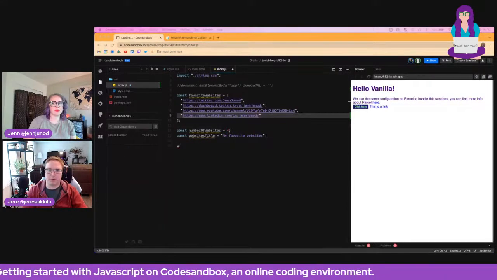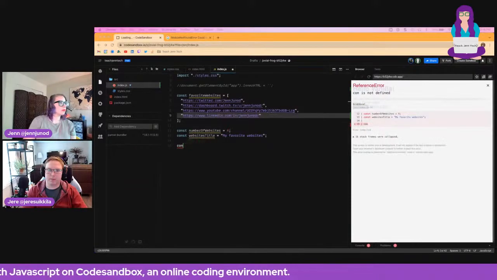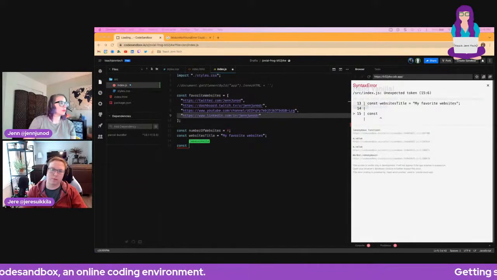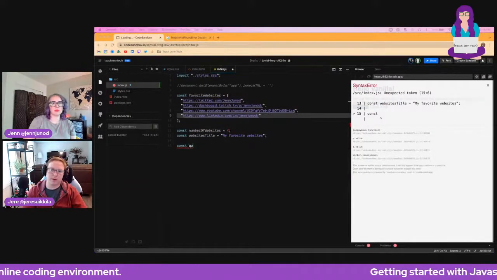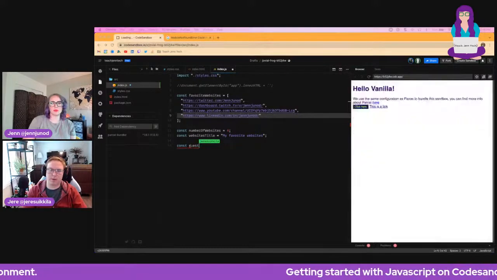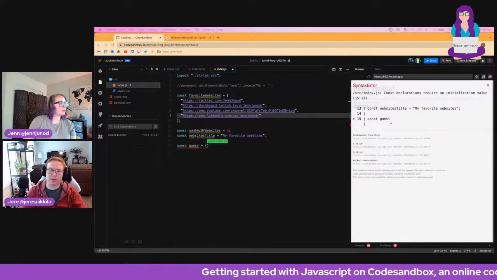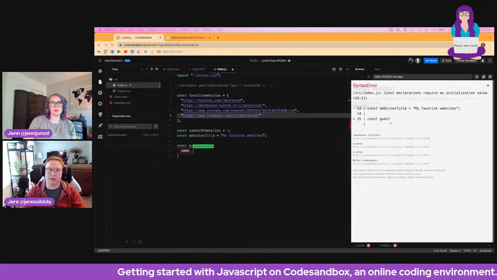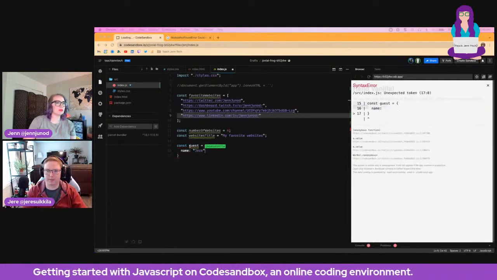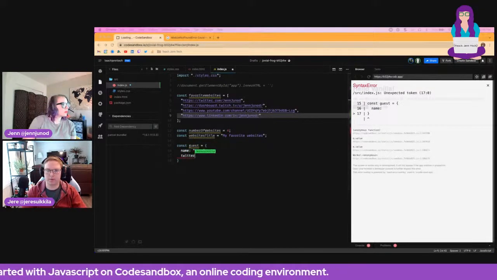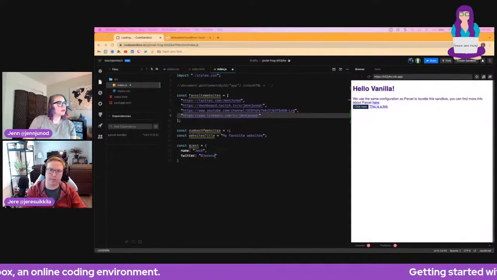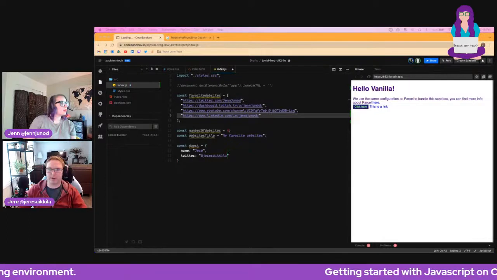But yeah, you were asking about squigglies, so maybe I'll show that quickly. So here's an object that holds more than one variable inside of it.